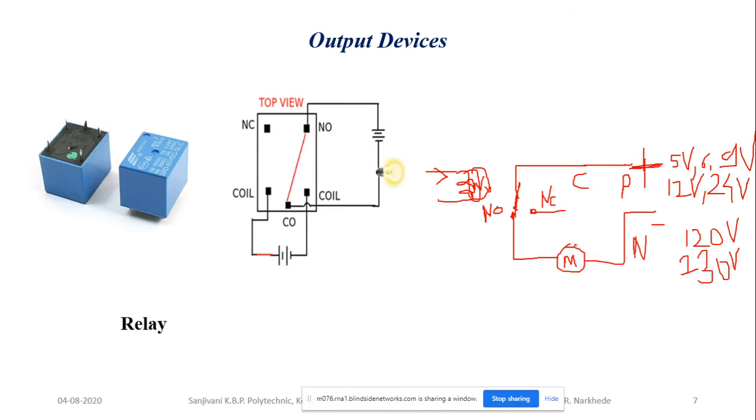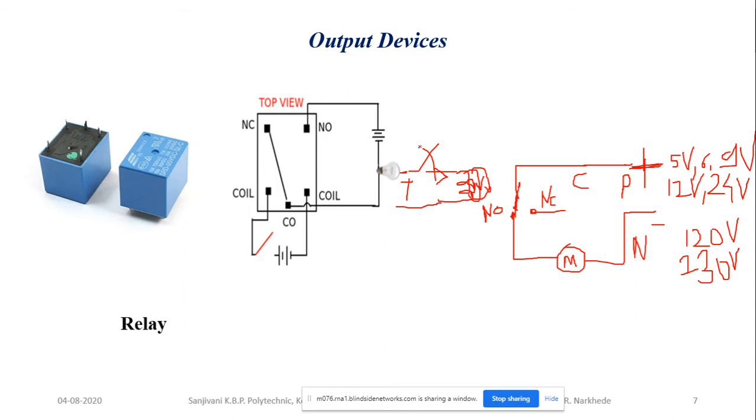Okay, so this is my motor. Now what happens when the supply is given to this coil? In this case, say with the help of this switch I am going to control the coil. So this is the positive and this is my negative over here. So when the switch is closed, the relay coil gets energized, and after energizing of the relay coil, your current will flow from phase to the common to the NO contact to the motor to the negative, and the motor starts running.